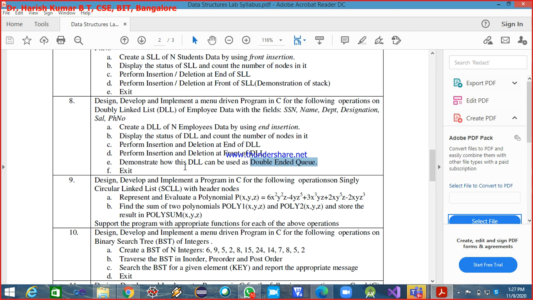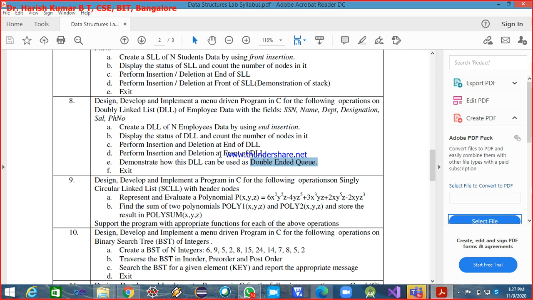Similarly, they might also ask you to demonstrate the use of a doubly linked list for stacks and queues also. Let us not worry about those things, and we'll go for demonstrating the double-ended queues here.